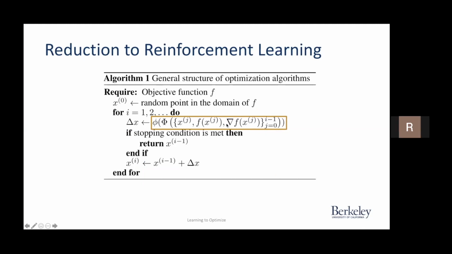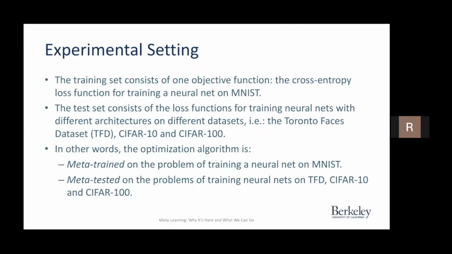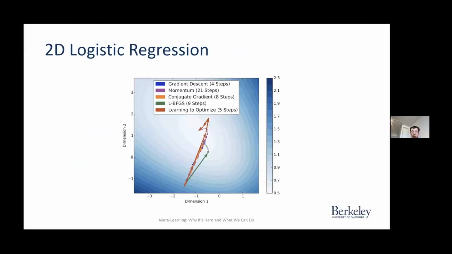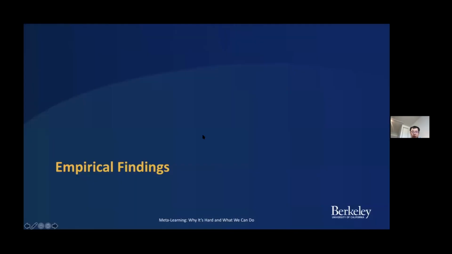I see. Okay. And do you have a sense of what it's actually learning there, as how it's combining those various things and computing the iterates, comparing it to things like momentum or other types of approaches? It is hard to interpret what the weights of the neural net actually mean. It's not the weights, but the outputs, the behavior. Yes. So the outputs are what we're comparing here. These are the outputs given by the learned optimizer, that is, this update formula phi that we are learning.